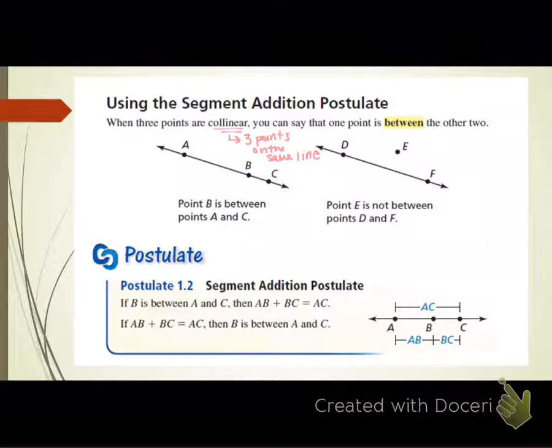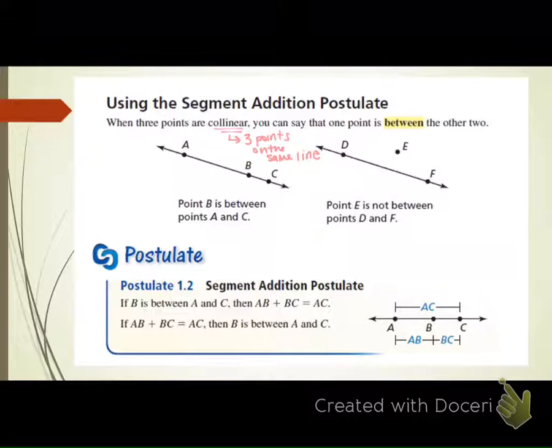So if you have 3 points that are collinear, you can say that 1 point is between the other 2 points. Carmichael, when you hear the word between, what do you think? I think it's a point in the middle. You think in the middle. Does it have to be the exact middle? No. Technically,